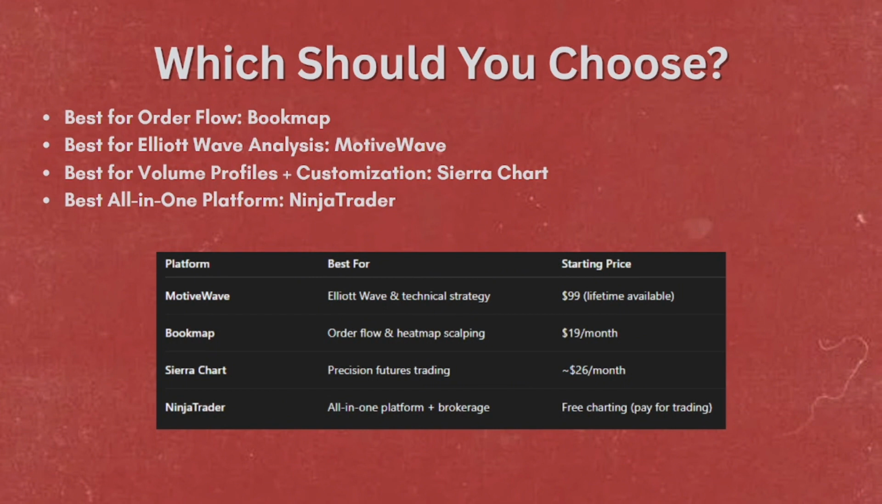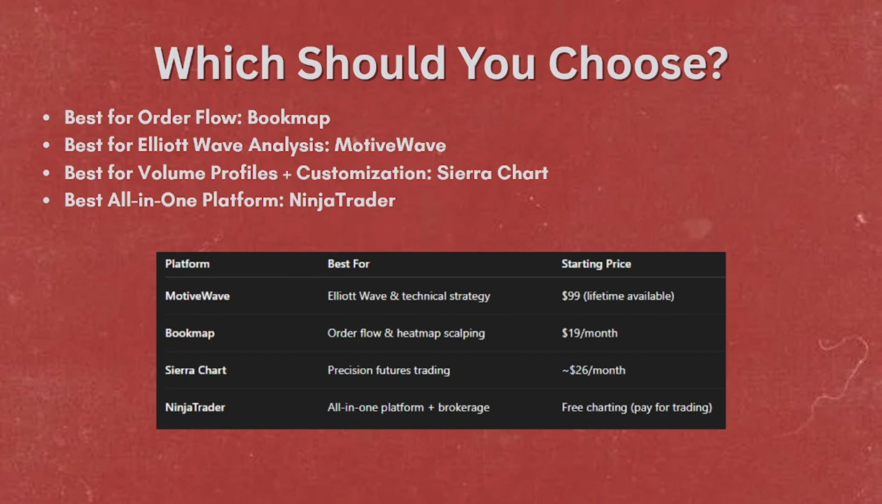So for the overview, MotiveWave is best for Elliott wave and technical strategy. The starting price is $99, and this is lifetime available. Now for Bookmap, it is best for order flow and heat map scalping, and the starting price is $19 per month. Now with Sierra Chart, it is best for precision futures trading, and it starts at